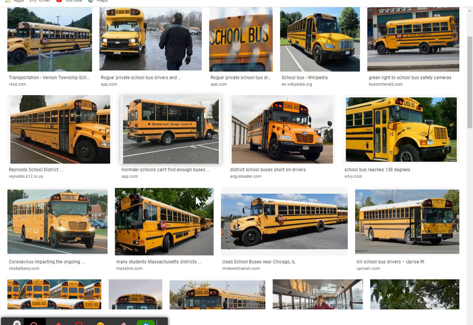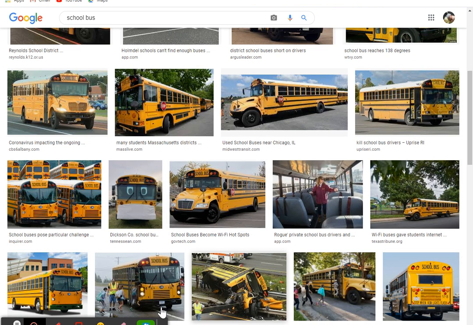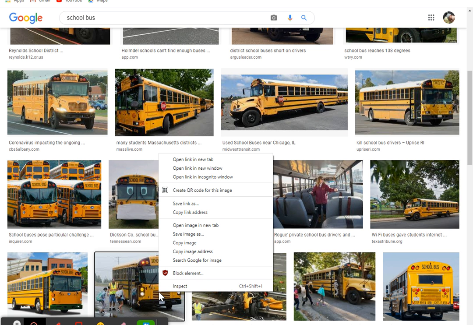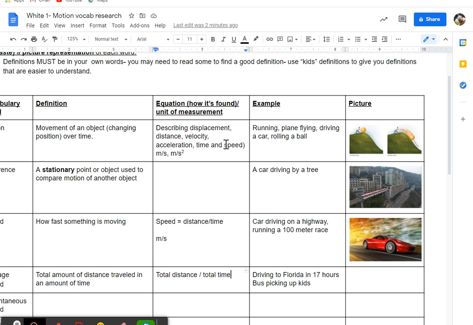Nobody? Come on, you guys are supposed to find pictures. What other pictures did we find? I did like an airplane, like it slowly gets to the runway and then it accelerates. Okay. Good. I got like one that has two cars and one's going faster and one's going slower. Okay, so